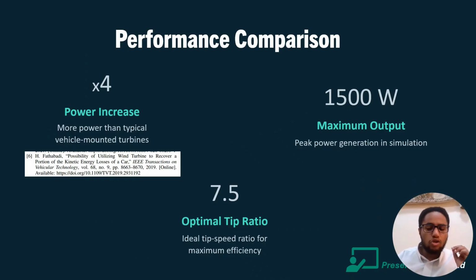And of course, compared to a typical vehicle mounted turbine, our system shows up to 4 times more power generated than this reference here. This reference proposes the same approach but without the controller. And also the simulation reached a peak output of 1500 watts, and we achieved an optimal tip speed ratio of 7.5, which is ideal for high efficiency. These results highlight the performance advantage of combining sliding mode control with the RNN-based uncertainty